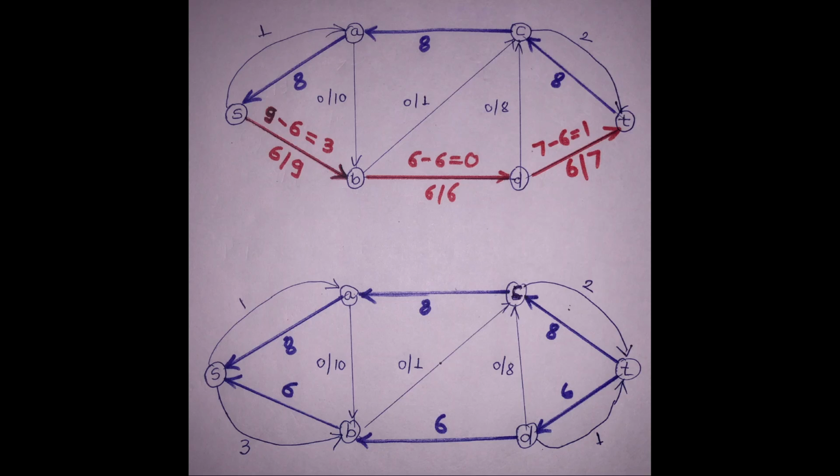Now we will find another possible combination. Is there any possible combination with the maximum flow? We are supposed to find that flow over here. So yes, there is another possible maximum flow. We can go S to A, A to B, B to C and C to T. This is the maximum flow we can pass right now. So we will start again here.